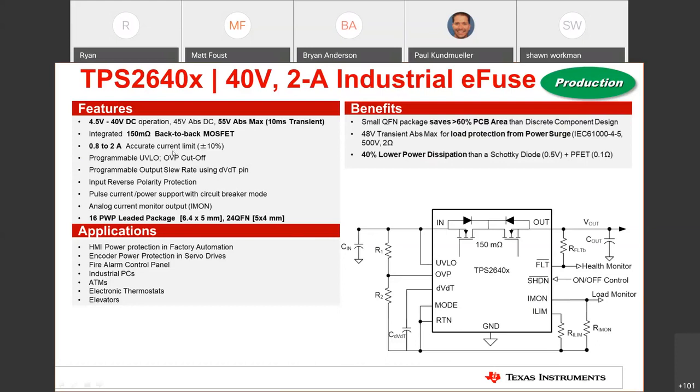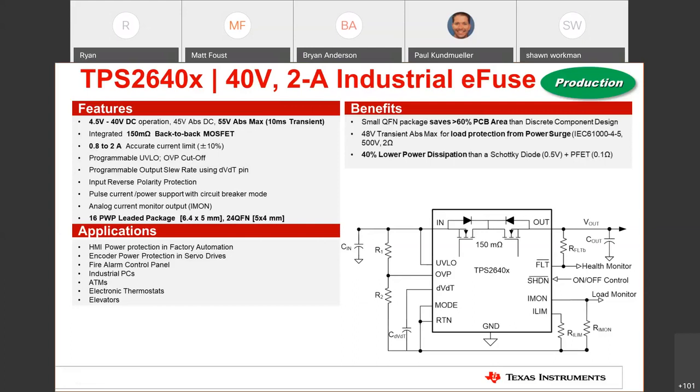The device can support adjustable current limit from 0.1 amps up to 2 amps. The device is offered in both a leaded package, a 6.4 millimeter by 5 millimeter package, and a QFN device, which is available in a 5 millimeter by 4 millimeter package.